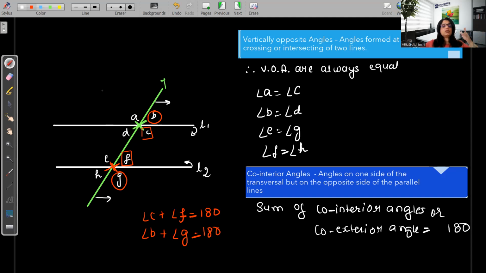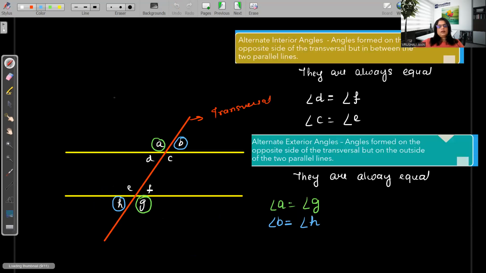Similar thing applies on the other side, correct? We have angle D and angle E. So we have angle D plus angle E, that will give you 180, and angle A plus angle H, that will give you 180. So this is what co-interior or even co-exterior angles are. I hope you're getting what I'm saying, correct? Great. Now,